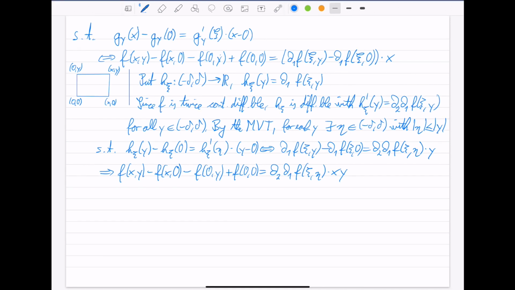So we have seen that since psi and eta were chosen depending on these points x and y, this means we have shown that for all x and y in (-delta, delta), there exists some psi which depends on x and y, and let me put this dependence explicitly here into this psi, and we have some eta of x and y, such that this left-hand side here,